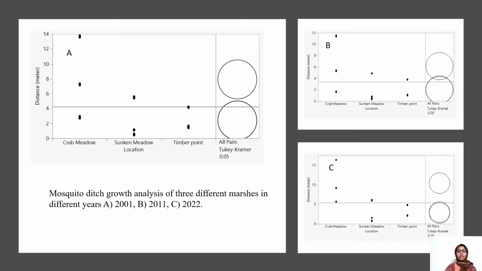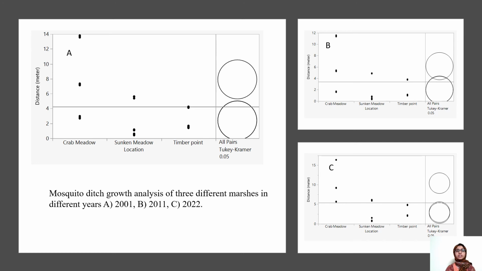Moving further, when sites of these marshes were compared to each other by ANOVA, the results demonstrated that there is a significant difference between Crab Meadow and Timber Point pairs in all years, such as 2001, 2011, and 2022. Figures also show that Crab Meadow and Sunken Meadow pair also has a significant difference. The significant difference of these sites was found by the positive value of HSD threshold matrix, and p-value was very